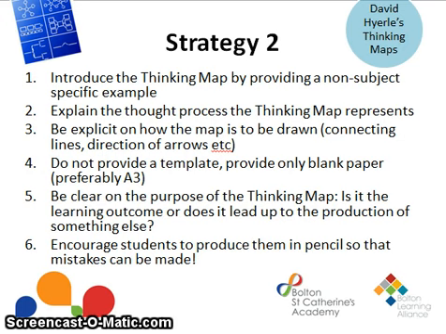The second point is that we should explain the thought process that the thinking map is attempting to represent, and not take for granted that students will automatically see the link between the visual representation and the thought process itself. The third point asks us to be quite explicit and detailed in some cases on how the map is drawn. Things like connecting lines or the direction of arrows can sometimes be quite important in coaching students in the thinking